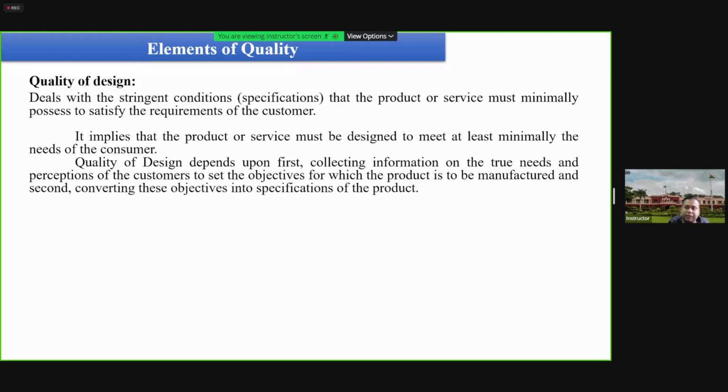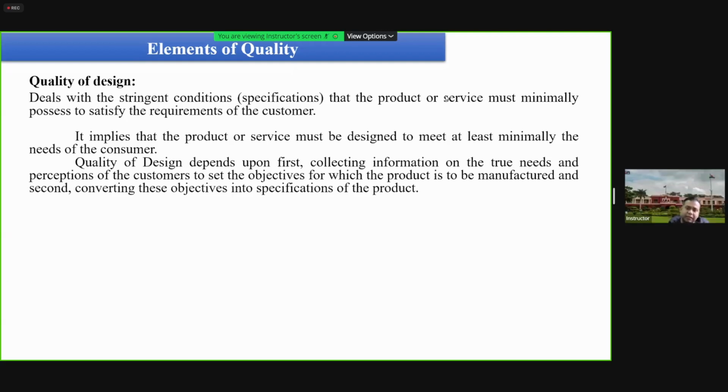So the quality of design phase starts with knowing the needs or estimating the actual requirements and concerns of the customer. Once these needs and requirements are identified, then we set our objectives of converting these specifications that we have got into a product. So we can say the quality of design is a stage where the needs and concepts, basically the needs that we have identified, are actually converted into design